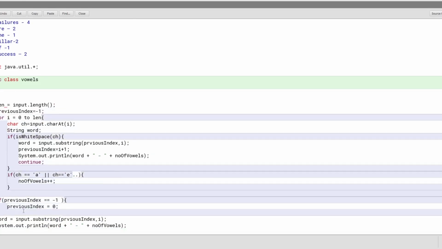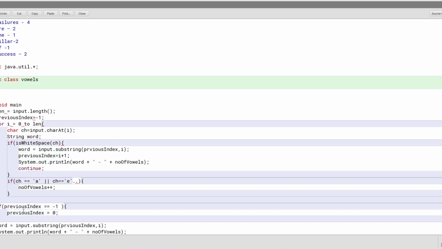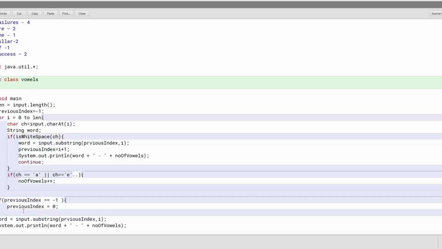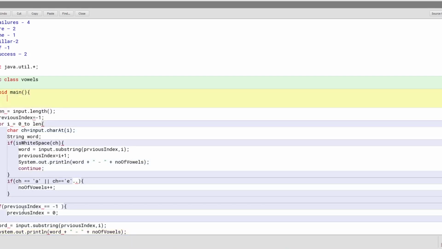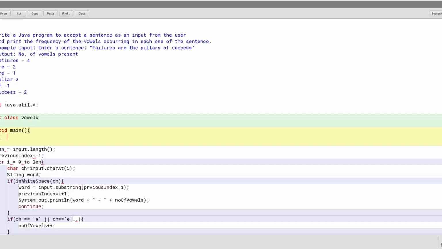So public class, there is no function or nothing needed. We can simply start with void main. Right. So they have asked us to input from the user, right? So yeah, we have to do all these things. System.out.println. This will be enter the sentence, right? Like this, and then